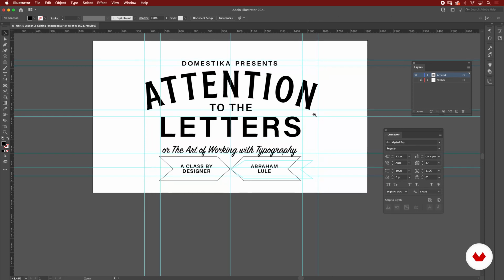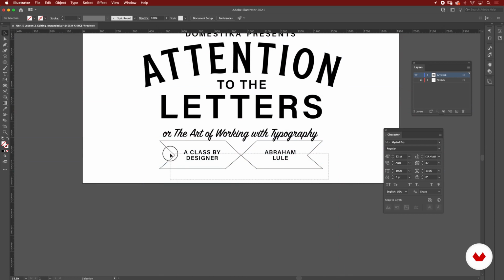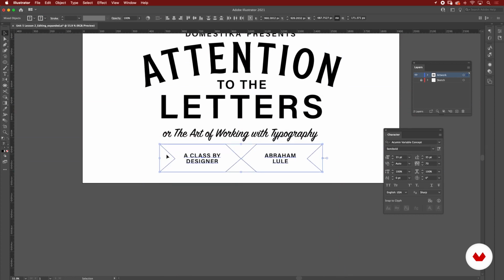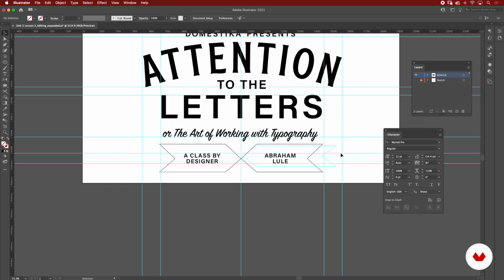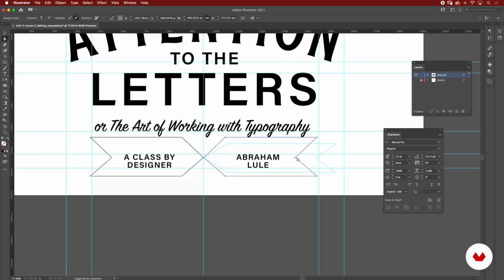Okay, I think this is looking better. You see that in here, I had marked the way I wanted my ribbon to be placed. I created a guide, so I'm going to really follow that part. Bring those in so you don't move both. Then I'm going to adjust these two with the white arrow.